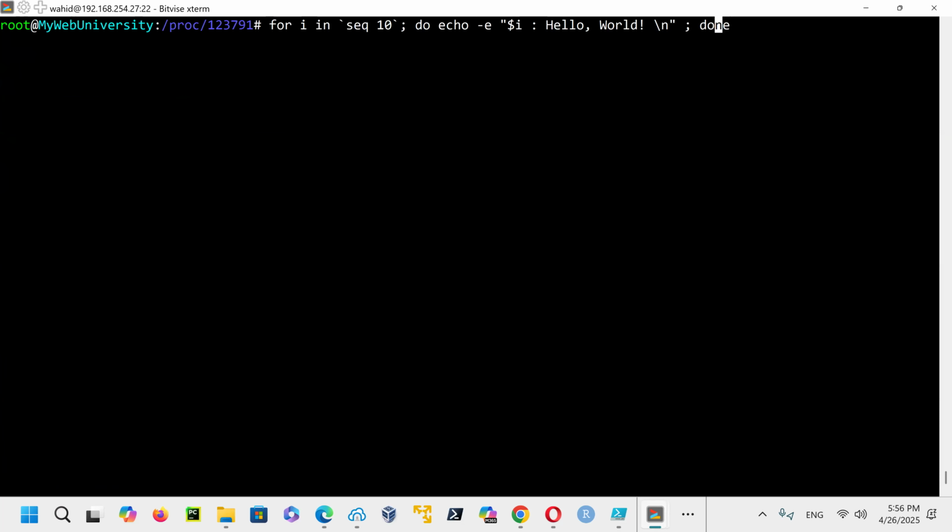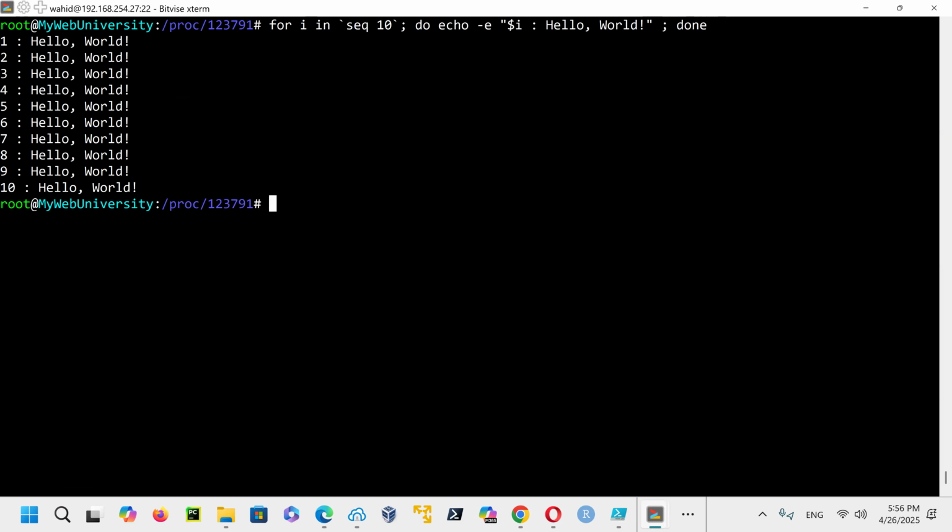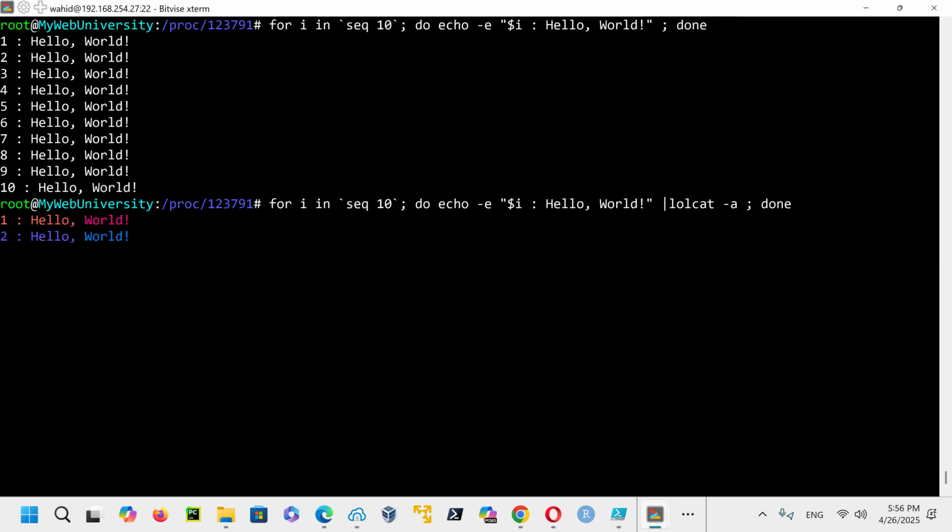So if I just don't do a new line character here, it still works. So you can see the ZSH of the bang was saying that you put a quote, you have to skip it. On bash, you didn't have to. So here, if I just say, do this one and laugh out loud cat -A, it still works the way I want to do it. And then it will print the numbers there.